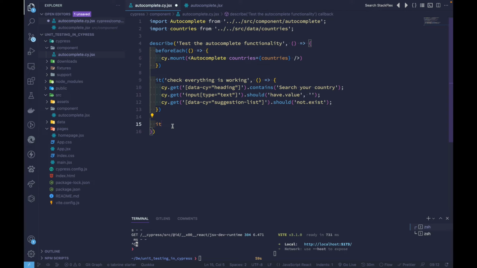But you could still spin up Cypress and run tests, save, and see the changes. Definitely. So inside of our it block, we describe what kind of test that we are doing. So, check the filter is working. Okay, to check the filter is working or not, what we need to do is we need to type something